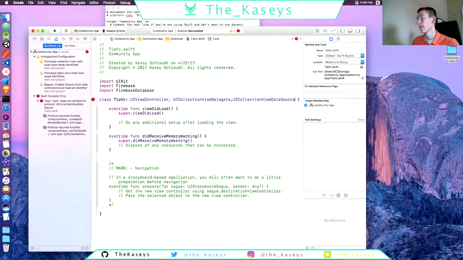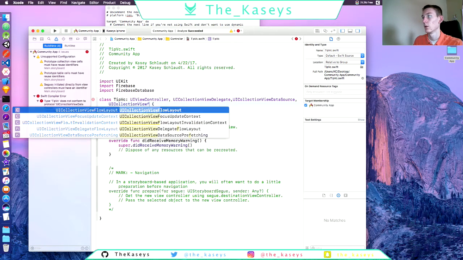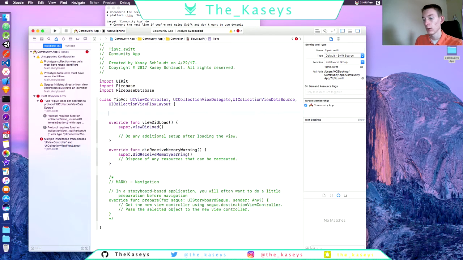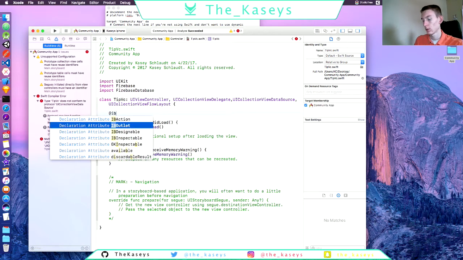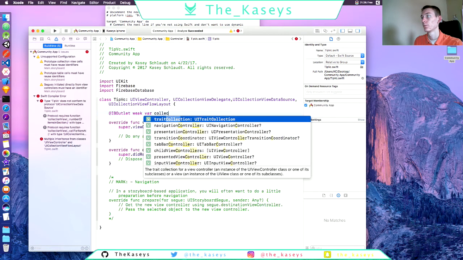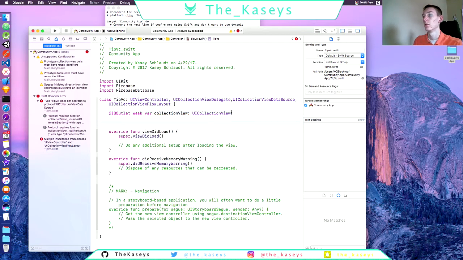And then UI collection view delegate flow layout. Gotta get an IB outlet, of course. At IB outlet, weak var, collection view. Let's put type UI collection view, and then we're gonna have